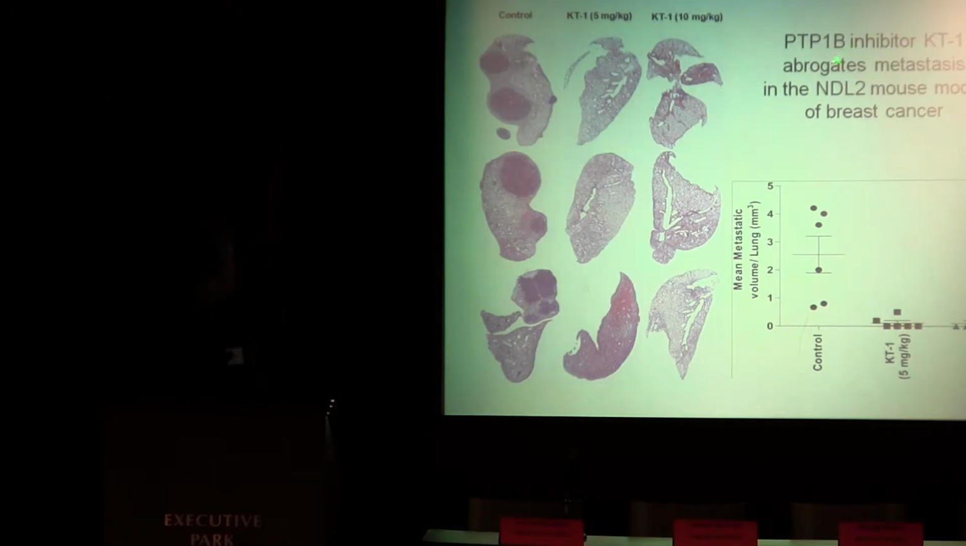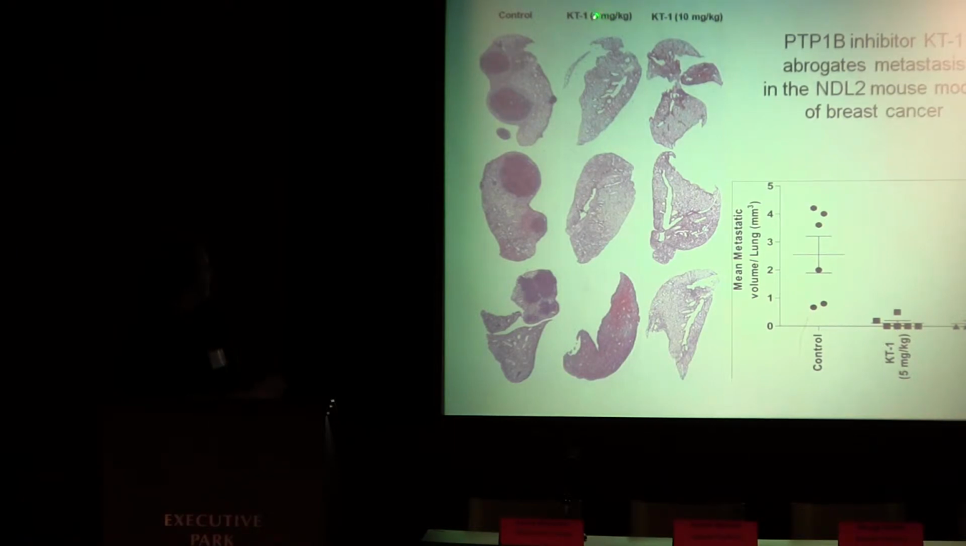So this is treating a mouse model called the NDL2 mouse, which is a mouse model of HER2-positive breast cancer. It mimics the human disease. Tumours form in the breast and metastasize to the lung, and it's the metastasis that kills you. On the left panel, you see the control sections from the lung, in which you can see metastases, these darker purple spots here. These sections here are sections through the lung of animals that have been treated with the inhibitor